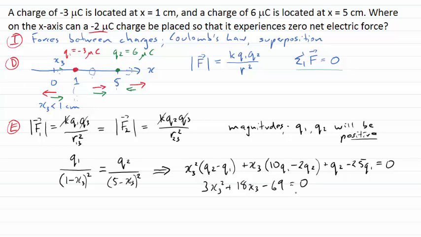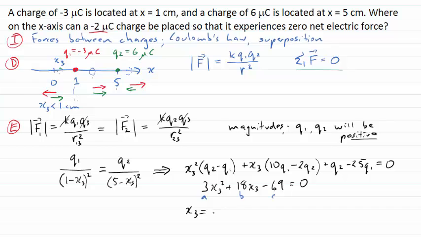And now I want to solve this quadratic equation for x3. If you're not sure how to do that, we can certainly use the quadratic formula. It might be the easiest way here, where I can call the coefficient of the squared term a, the coefficient of the linear term b, and the constant here c, and then I can write down that my solution will be